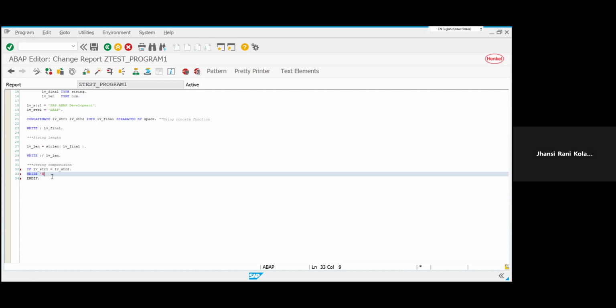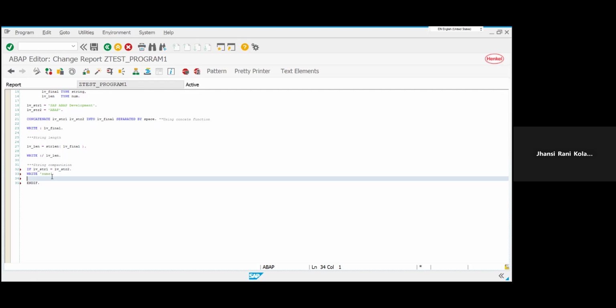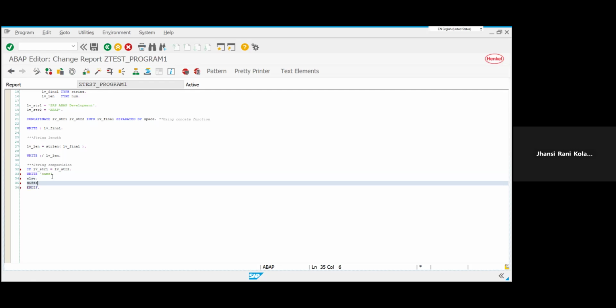Same, otherwise else different. Okay, here the write statement is missing, and in this